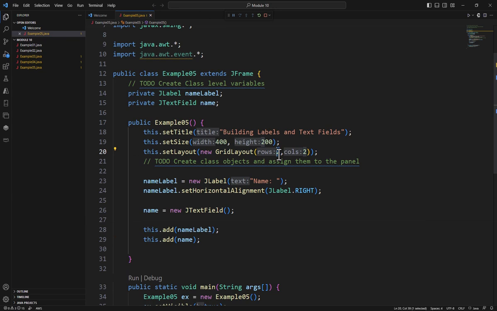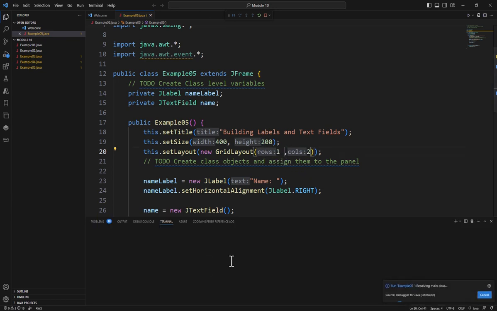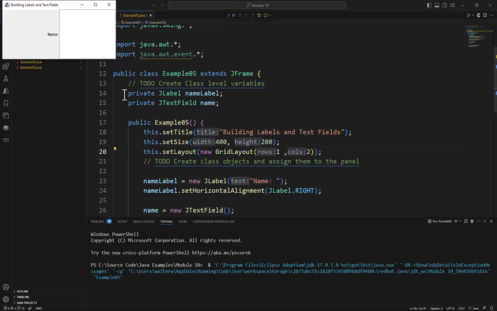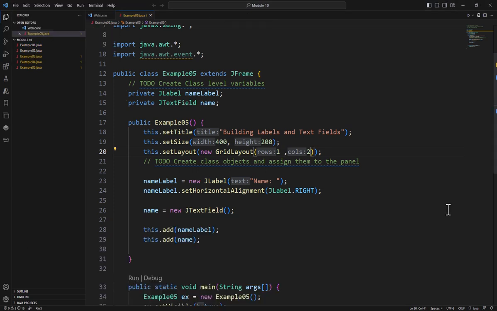What happens if I specify only one row? So how many rows and columns I define, as well as how big my panel is, is very important for this. Obviously, it looks kind of really silly with this. I would want to have a panel or frame that's an appropriate size based upon how many rows and columns I would have. Now, one question is, how do I set the value of my text box, or how do I get the value of the text box? Well, we'll be looking at that in future examples, as well as other forms of data, such as list boxes,